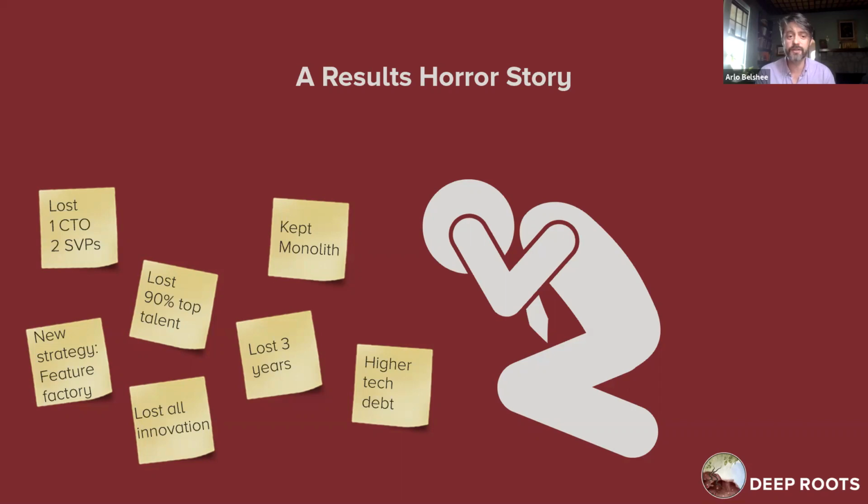And the result of going after this problem was that they lost 90% of their most senior staff. They also lost nearly all of the people that they had hired in to come help work on this, hired some DevOps folk and true natives to really help. They lost about 3 years of focused effort where they were doing efforts, but not as quickly on features. And they ended up with the new strategy of, we're going to be a feature factory. So it was pretty much a terrible outcome in a dream situation.